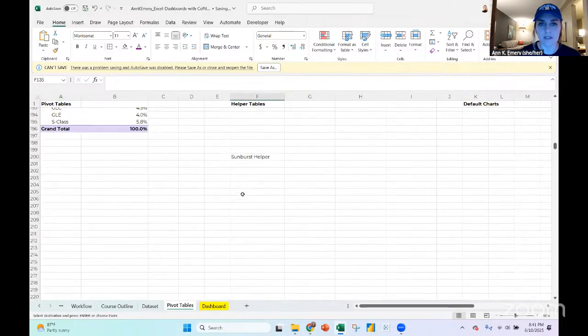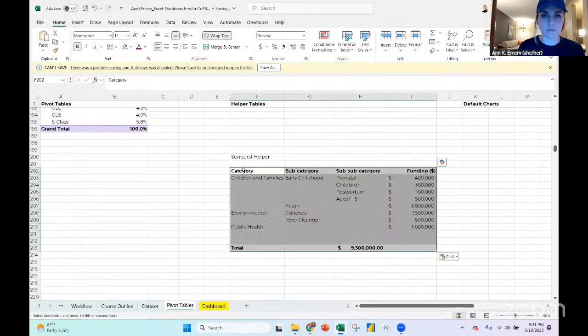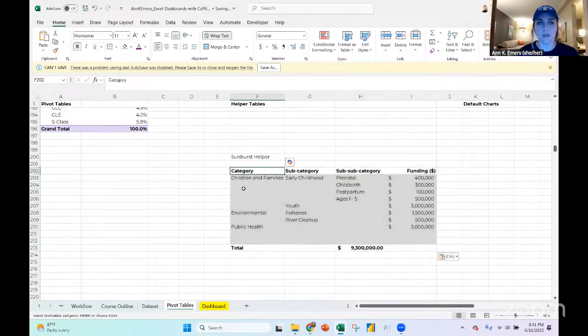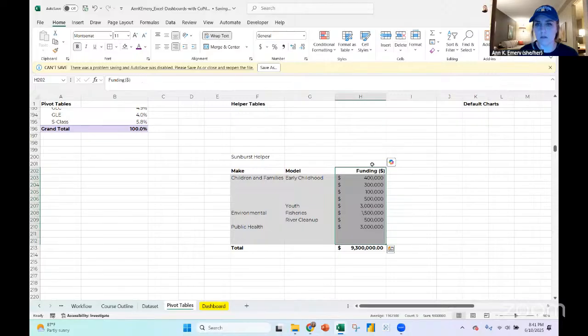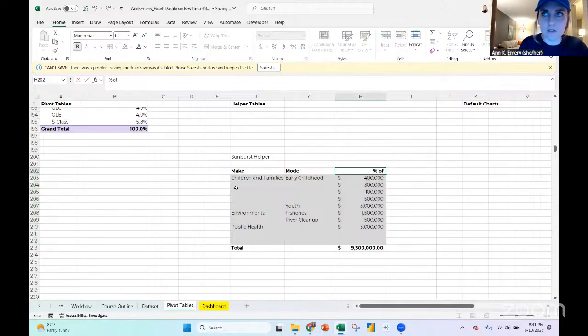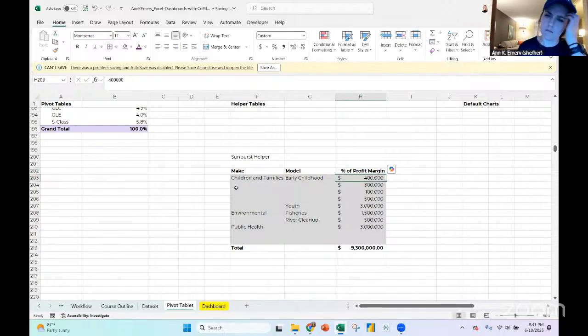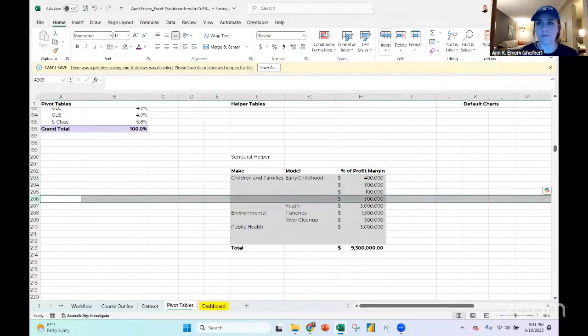No, let's put it right here. This is going to be make model. We're not going to have those. And this is going to be what? Percent of profit margin? And the makes are,